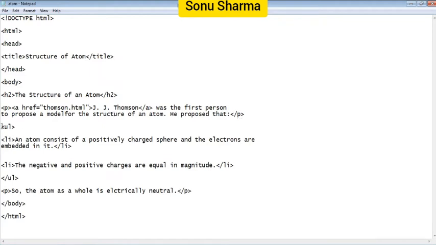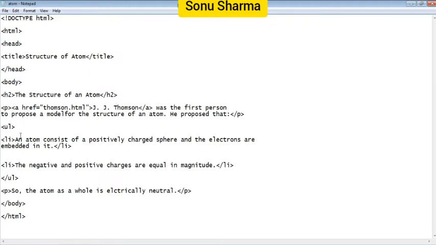When you change the line, it is called what? It is the UL tag. What is the meaning of UL tag? This is new for you. UL means unordered list. Unordered list means suppose there are many points in a list, and it is not number wise, not serial wise, it can be random. That's why you can add an unordered list, UL.